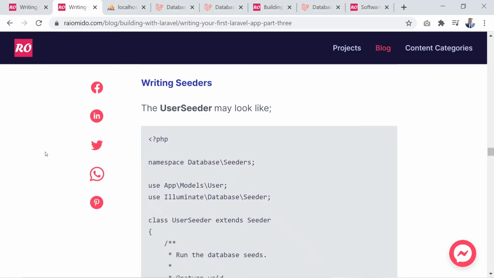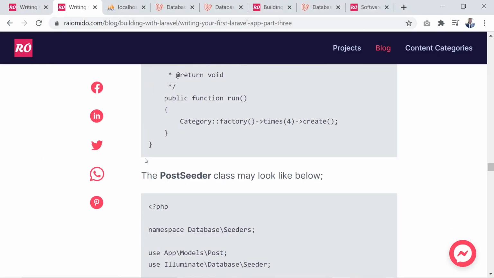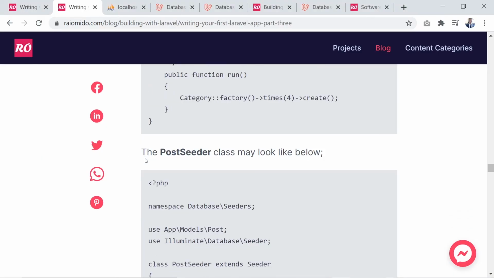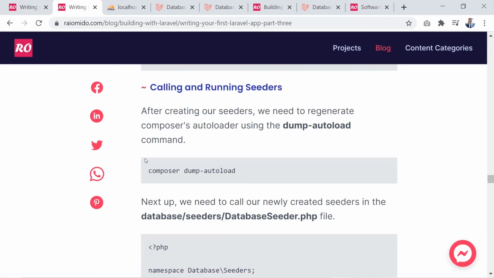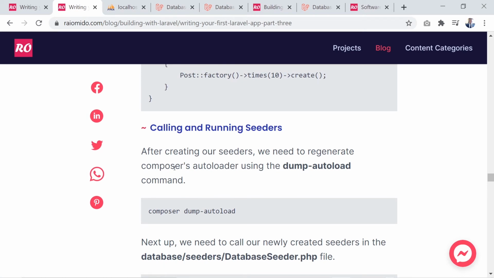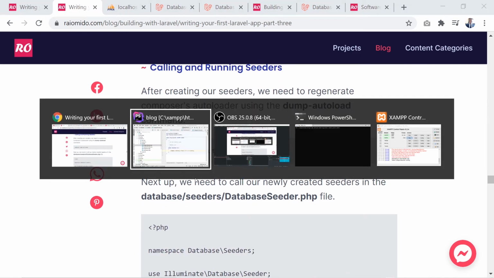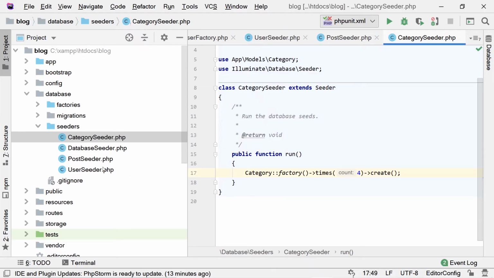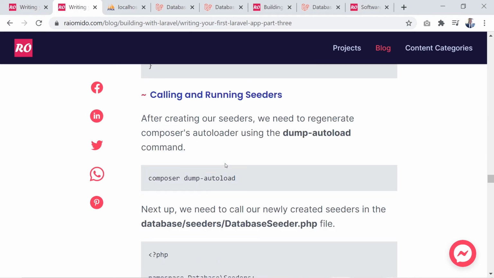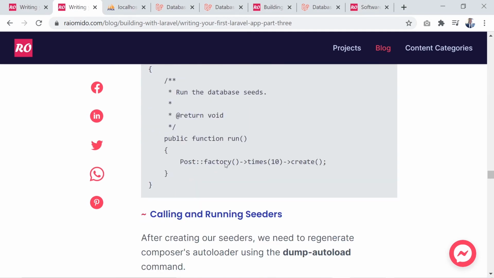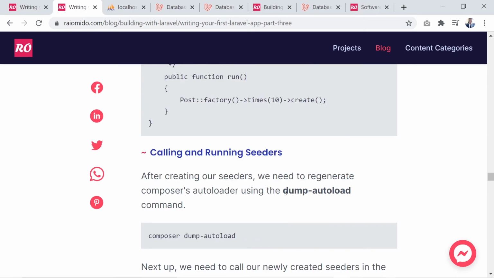So after doing that, and having all our seeders ready, now we need to call and run our seeders. So before we try to run our seeders, these are new classes that have been introduced, and anytime you create new seeders, you need to regenerate the autoloader. Yeah, so to do that, you run